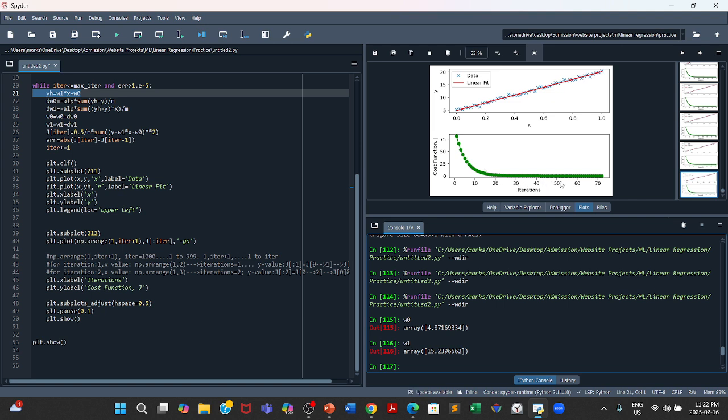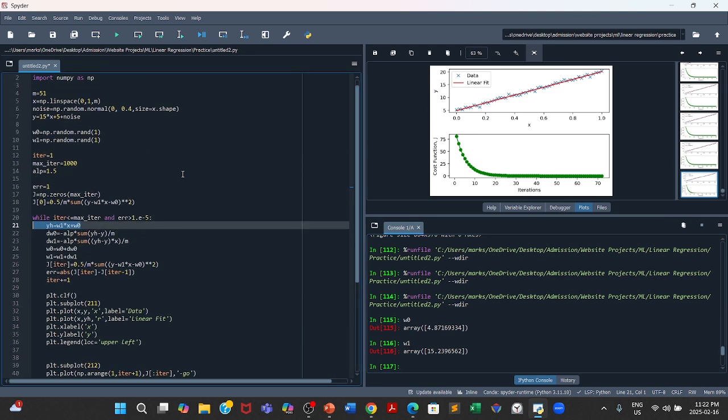And also we can see how the value of the cost function changes, and how many iterations it took, even though initially we provided max iteration equal to 1000. Let's see how many iterations it actually took. From the plot here we can see the iteration count is slightly over 70. So it didn't even take 1000 iterations. If we didn't provide this error, it would actually run all the 1000 iterations,